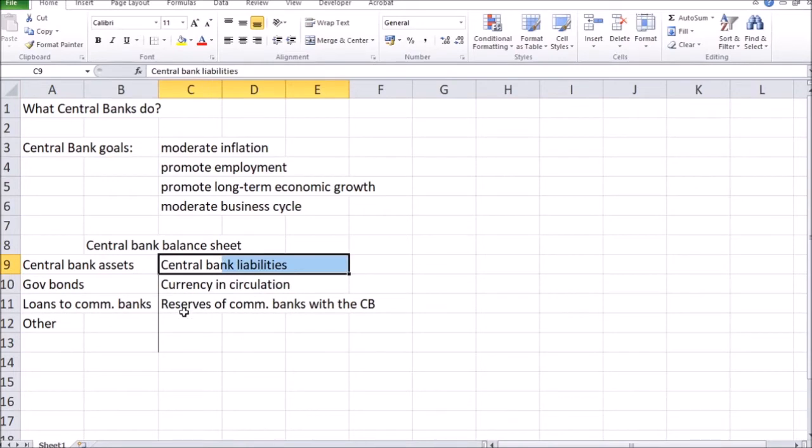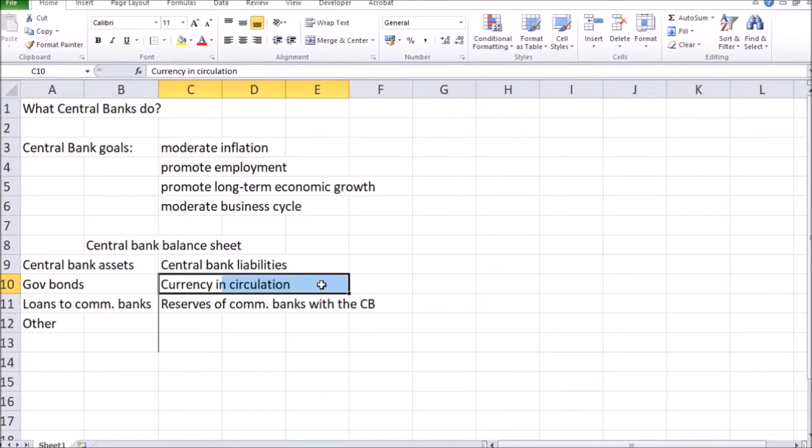On the liabilities side, what are the central banks liable for? Well, central banks create all the currency in circulation, all the paper money that you have in your pockets are created by central banks. That is a liability for the central bank. And it was a more true liability about 100 years ago or so, when the population could exchange this paper money back into, say, gold if they wish to. Currently, of course, fiat money is not really supported by the ability of the population to convert it back to precious metals.